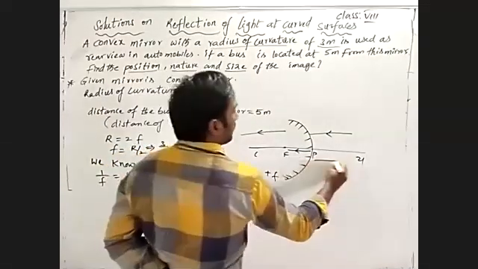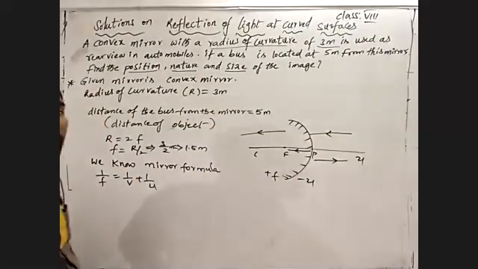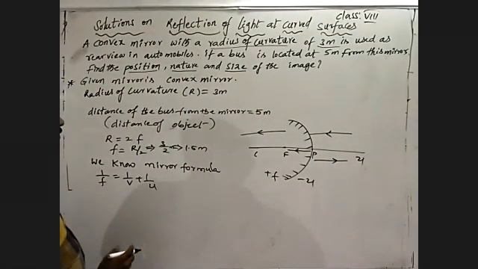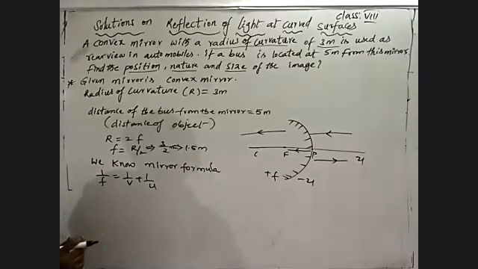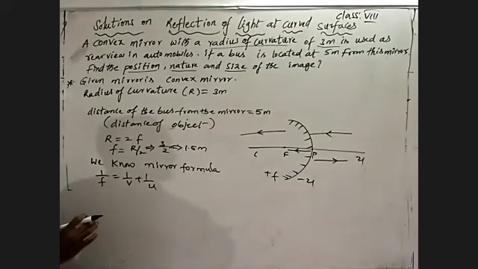so positive focal length, and the object we are measuring in the opposite direction of the incident light ray, so minus, the distance of an object. So for image distance, we should not apply sign convention. We should apply it only for what is already given. For what we are going to find, we should not apply sign convention. But one thing, the answer we find should come in the sign convention.